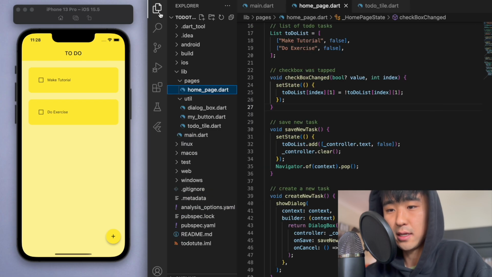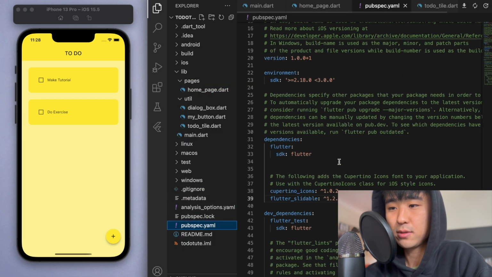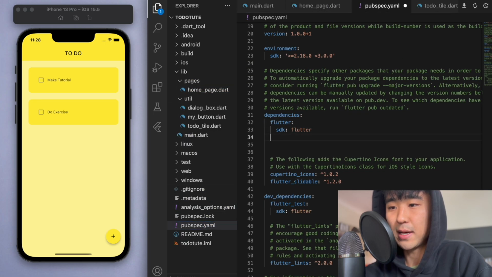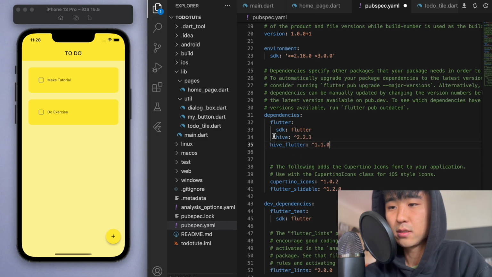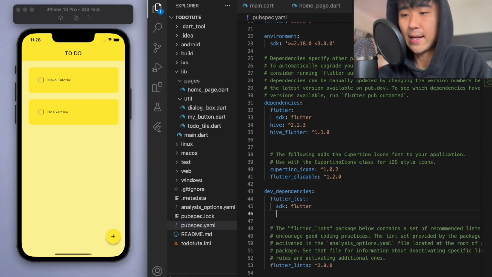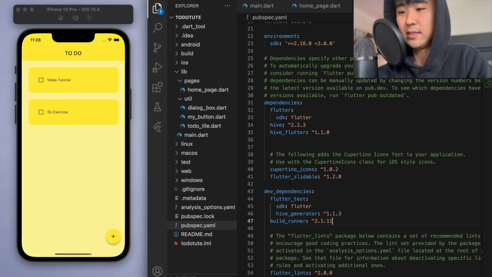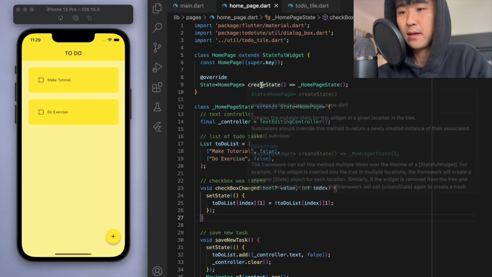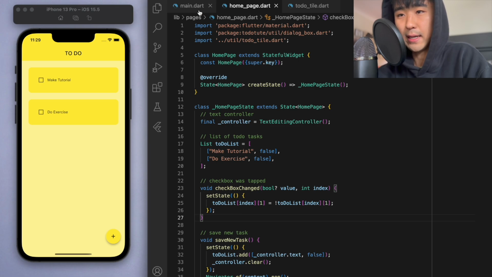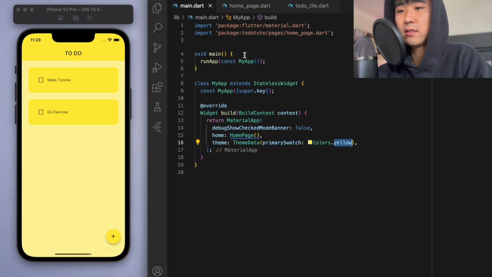So the first thing is to go to your pubspec.yaml and let's add the dependencies in. You've got to add these 2 dependencies: Hive and also Hive Flutter. And we actually also need to add it under these dev dependencies. Again, check out my Hive tutorial for more detail. This is just straight from the documentation. And we have to do a little bit of setting up. So if you go to your main function,